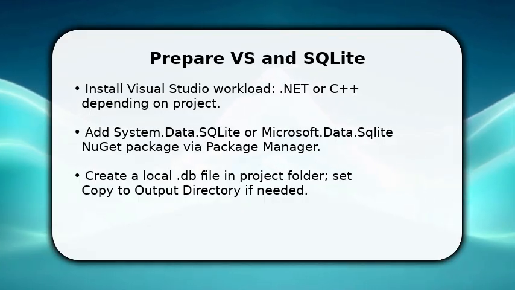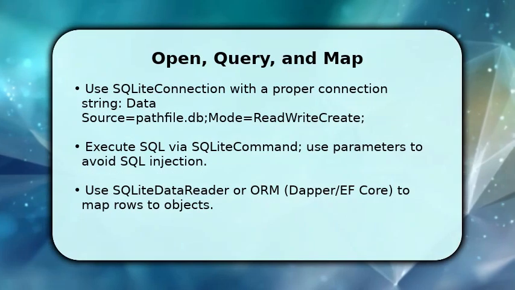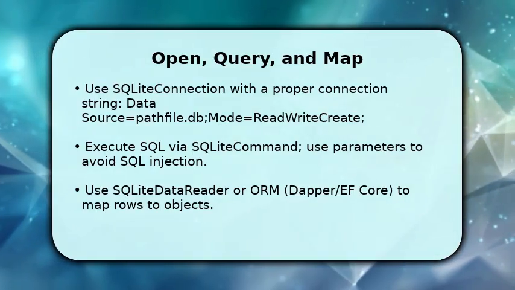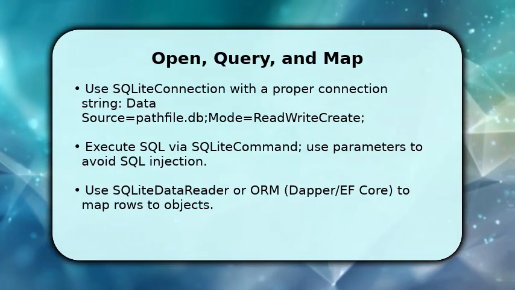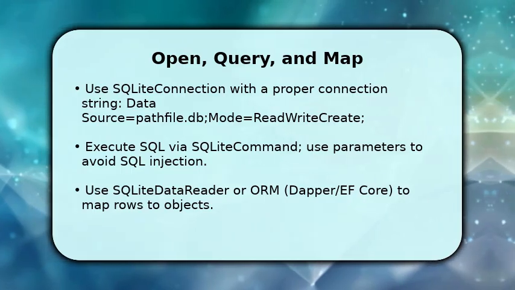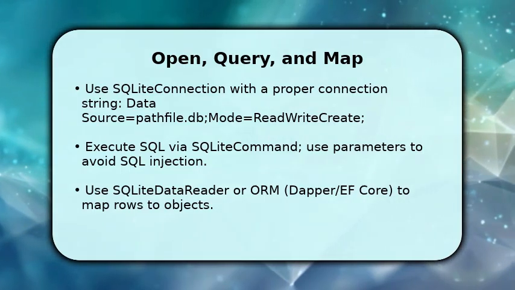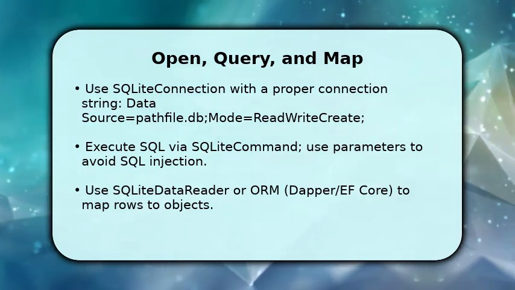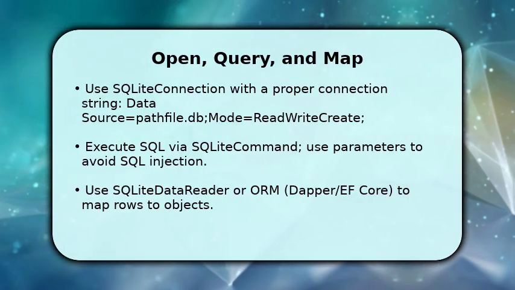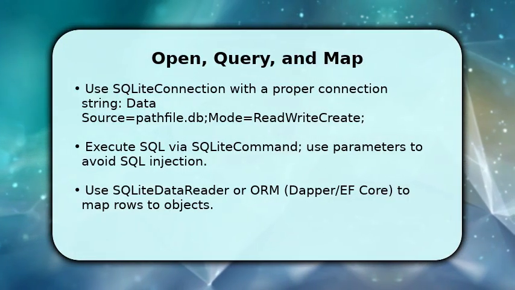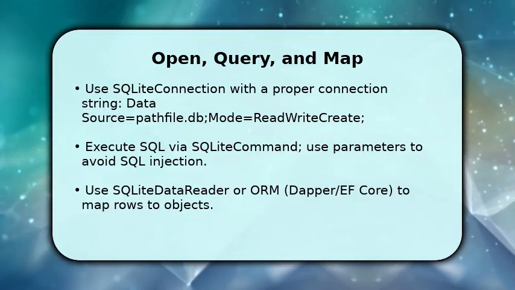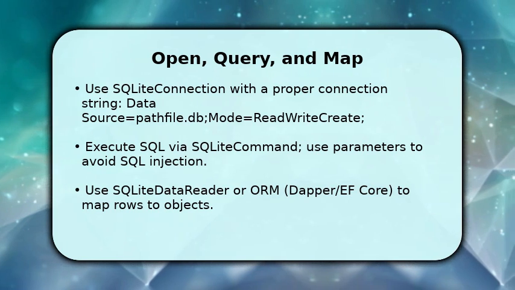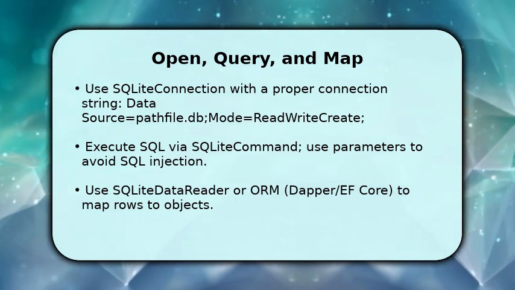Now you implement the core database actions. Open a connection, run commands, and map results. Use an explicit Sqlite connection and a connection string like Data Source=myapp.db;Mode=ReadWriteCreate, so you control file creation. Prepare an Sqlite command for create/insert/select and always add parameters instead of concatenating strings to prevent injection. Once the command executes, read results with Sqlite Data Reader or use Dapper or Entity Framework Core to map rows